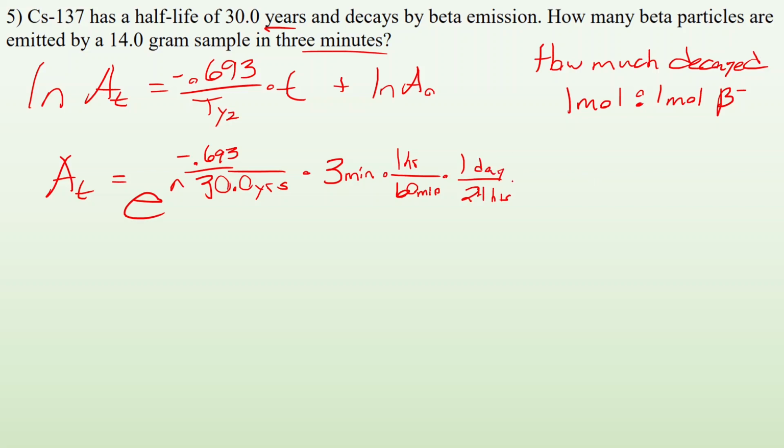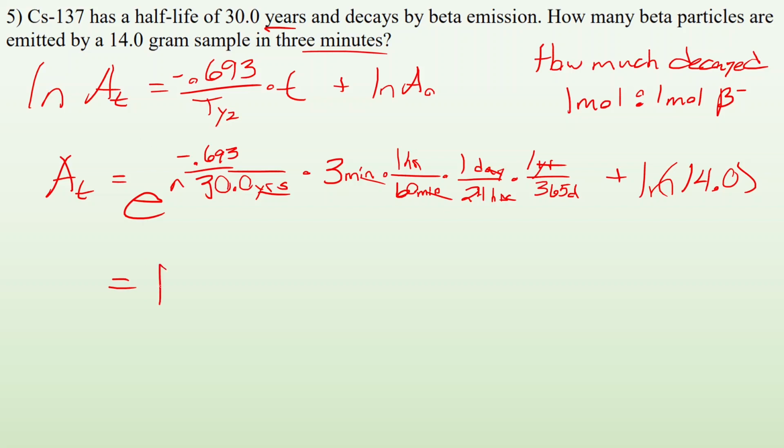And I know that there are 365 days in 1 year. So my days cancel out, my hours cancel out, my minutes cancel out, and now I'm left with years, which will then cancel out, plus the natural log of A0. Well, I started with 14.0 grams. So when I do all that, I find that the amount I have at that time comes out to be